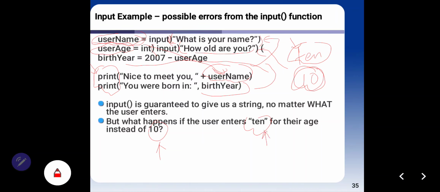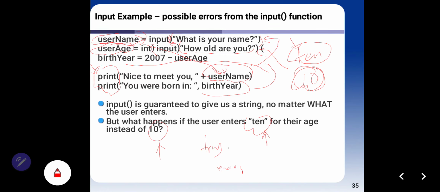So if you want to solve this problem, you have to give error handling. For error handling, you just give the code try and except.